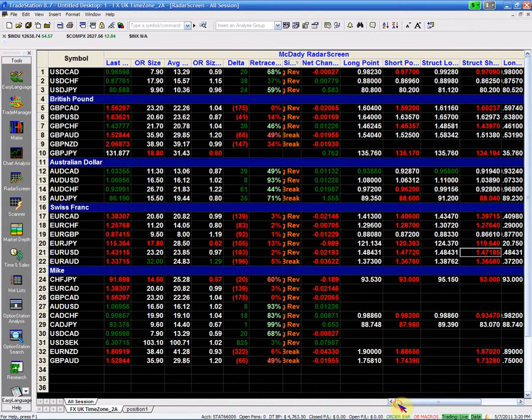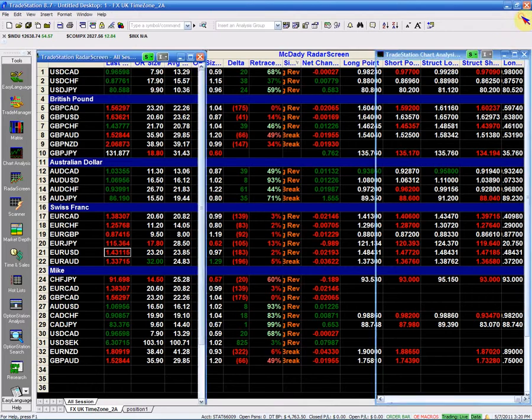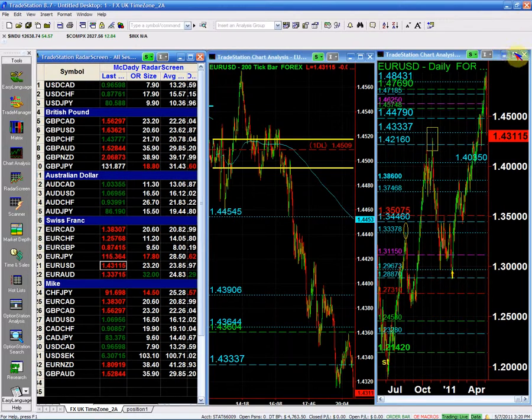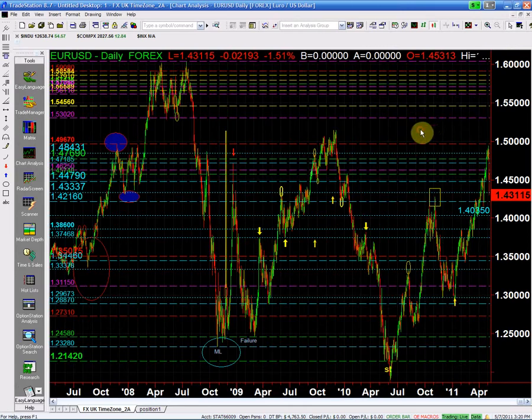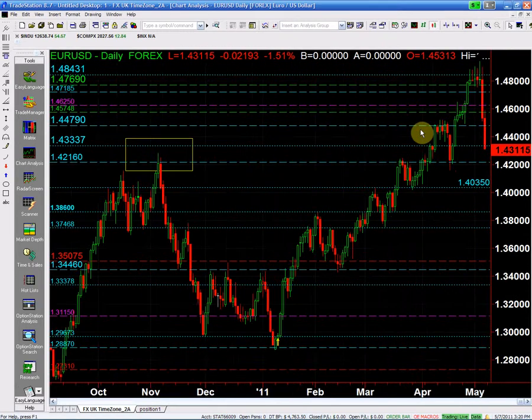gain in the trade, and it closed the week at 143. So we're up close to 450 points on the euro dollar, about a 3% move in the last 4 days in the euro, and that should continue. And the reason I'm saying that is this: if you look at this,